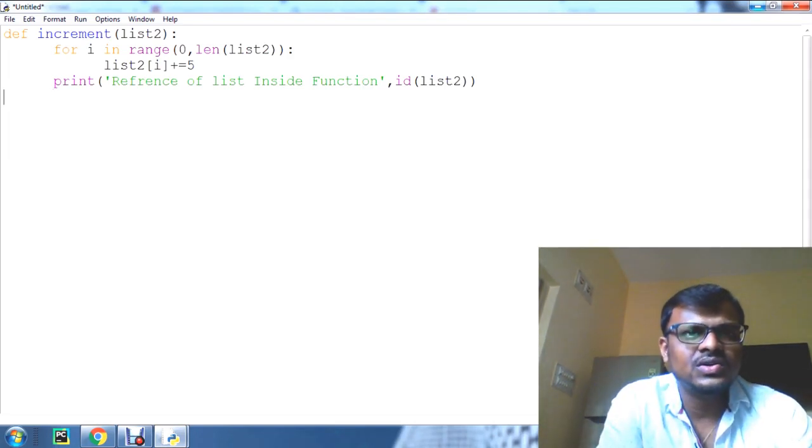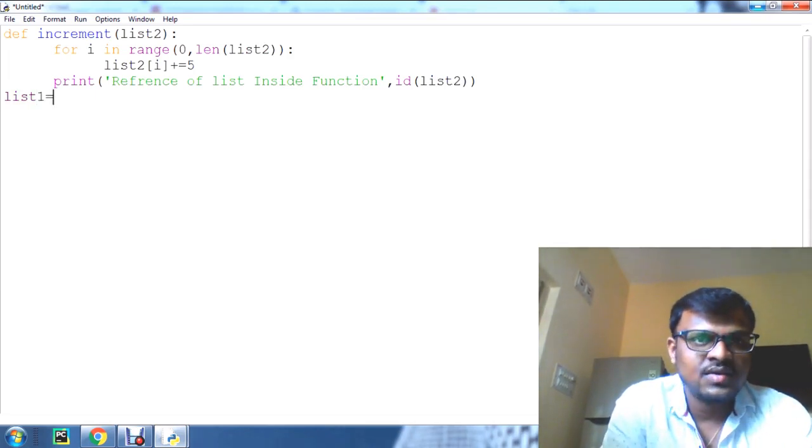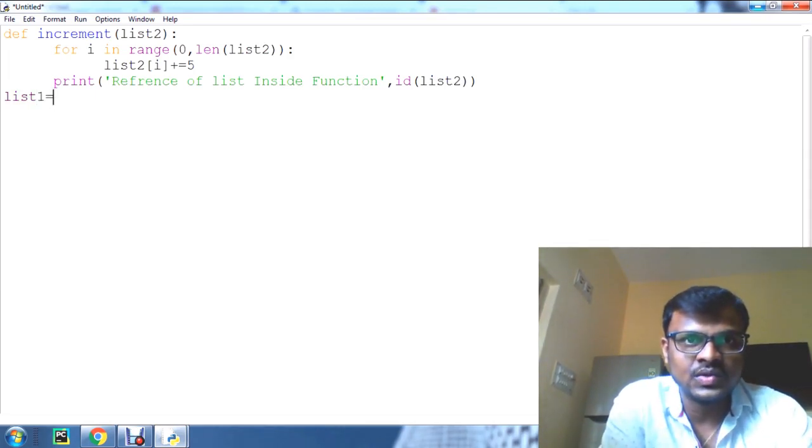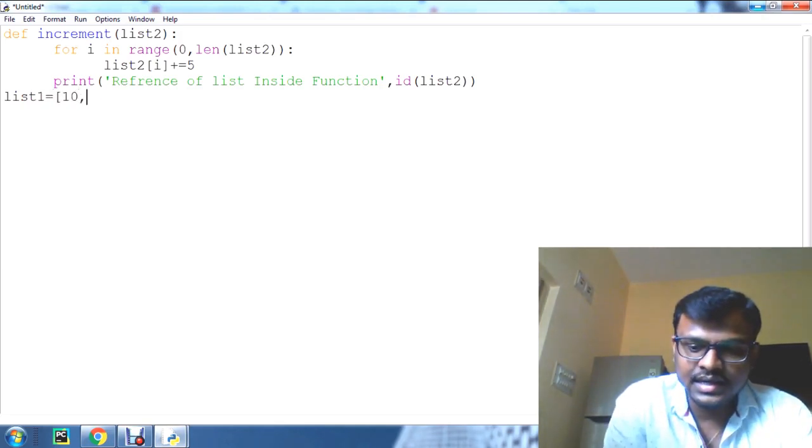Now I want to have the inputs like list1. I am going to create list1 with the elements 10, 20, 30, 40, 50.